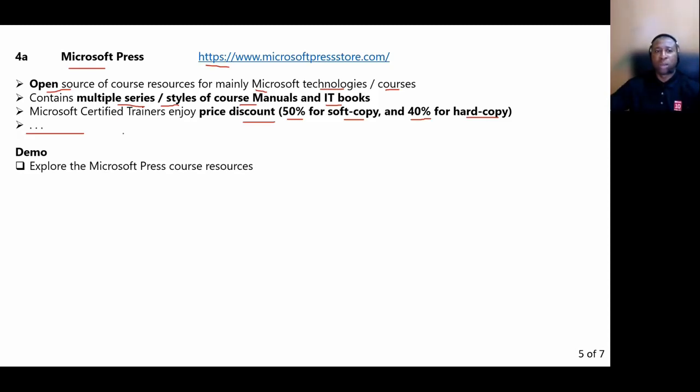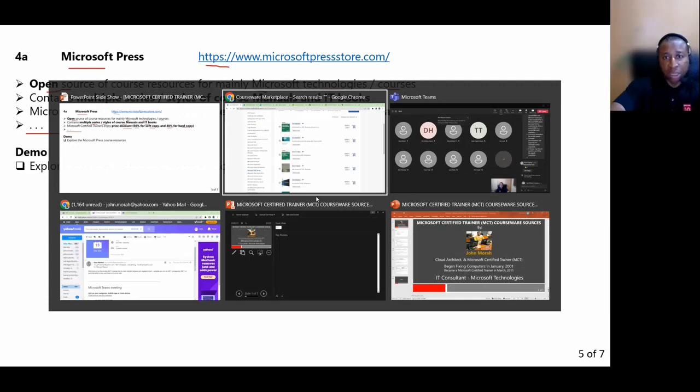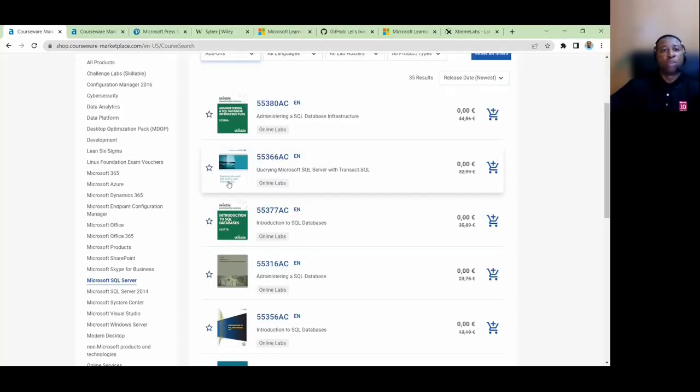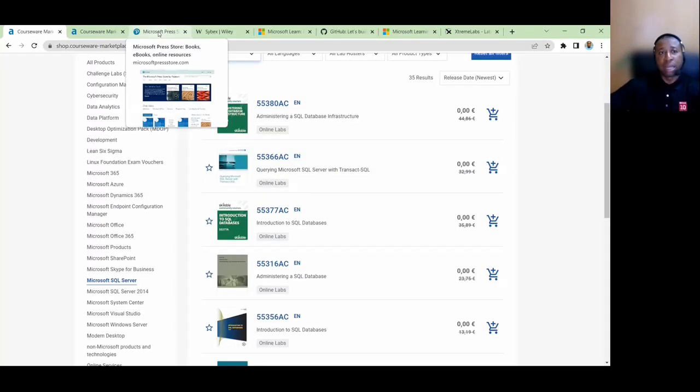So we're going to be looking, I'm going to be switching to the site where we see some interesting aspects, especially this multiple series or style format of resources. Please, any questions, please? So to access this, we have the website displayed here. So I'll switch to it. I've already opened this to make it faster.